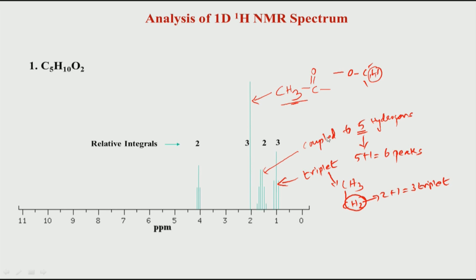And this sextet is coming because of a hydrogen which is coupled to 5 hydrogens, and we expect this kind of moiety. So, if you put all these together, the structure which will satisfy this particular molecule is the one shown here. You see we have a CH3, CH2, CH2, CO, CH3. There is a slight correction: this C is a carbonyl, so this C is attached to this oxygen, not to this oxygen. So, there is a shift. Basically it is CH3, COO, CH2, CH2, CH3.